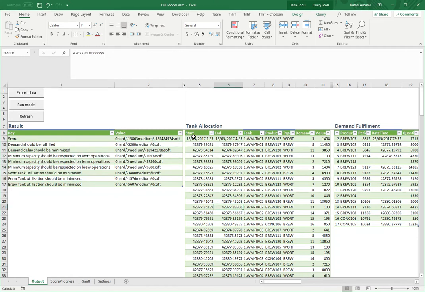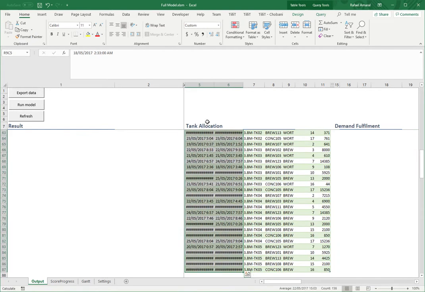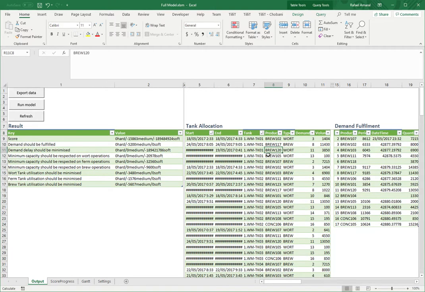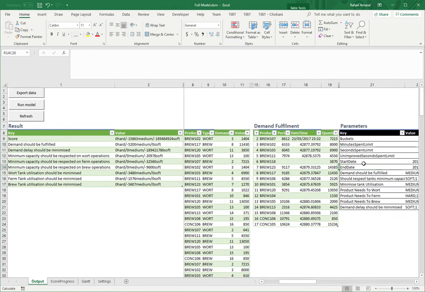And this is the allocation of the tanks, so all the start and end times of each of the tank and product, and what operation they're doing, and then how much they're doing. And this is the demand fulfillment, so what product was produced at what date, time, and how much it produced. And the ones that doesn't have any date are the ones that didn't get fulfilled. So that's what hit the